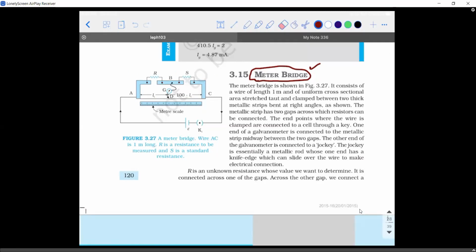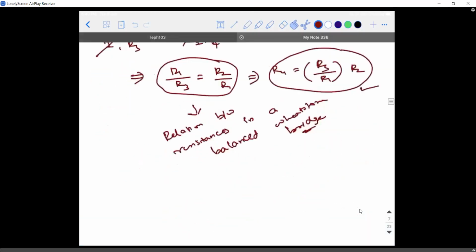You'll understand how once I start redrawing the circuit. Across the base points of the L-shaped strip, there is a potential source connected, and with the help of a key, it is controlled. If you're clear with this diagram, I will redraw and show why I'm saying that this is exactly the replication of a Wheatstone bridge. Okay, listen to this carefully.